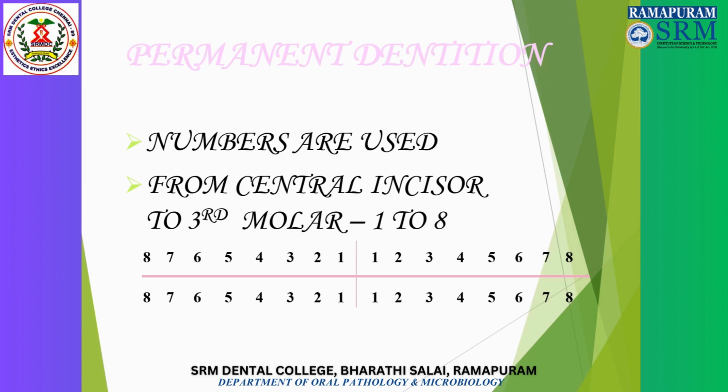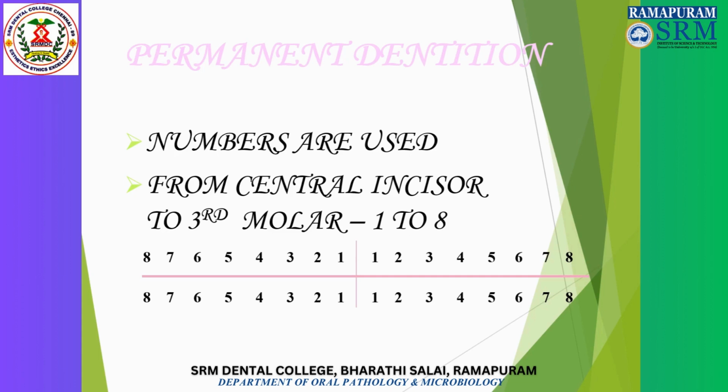The same rule applies for all four quadrants. So according to the Zsigmondy-Palmer system, for permanent dentition, we use number 1 for central incisor, 2 for lateral incisor, 3 for canine, 4 to denote first premolar, 5 to denote second premolar, 6 to denote